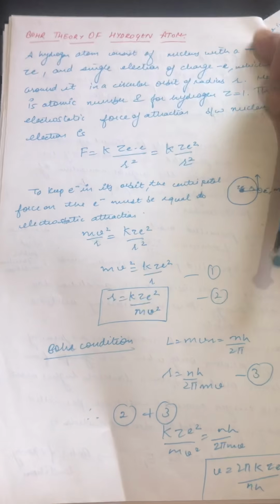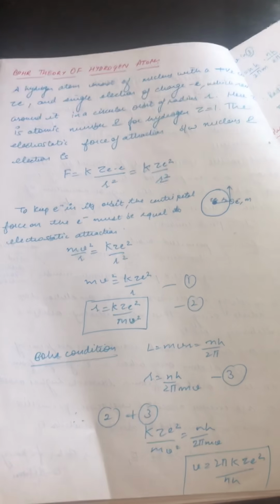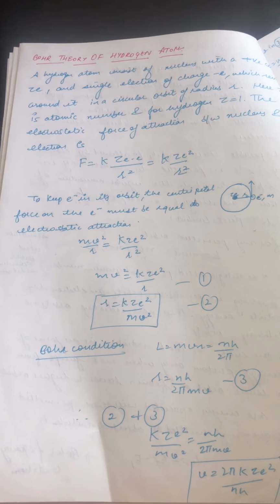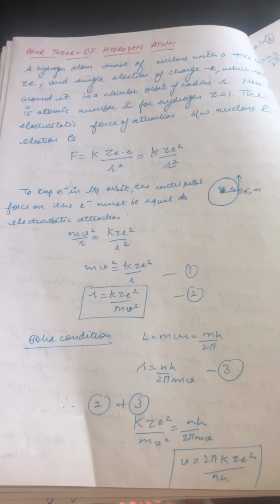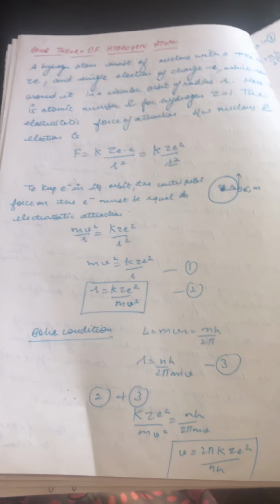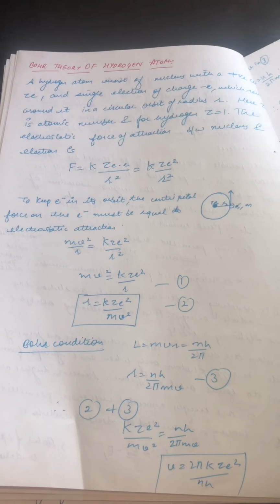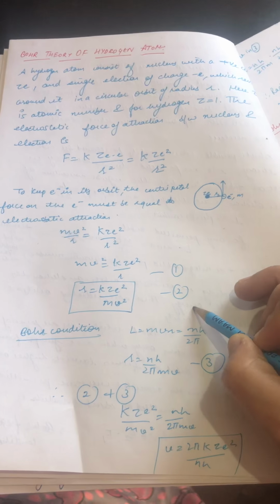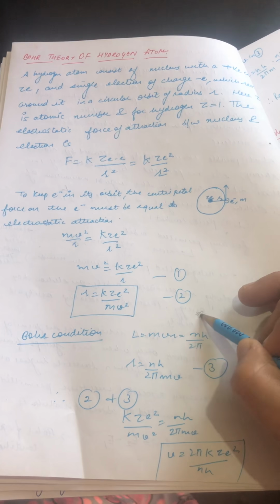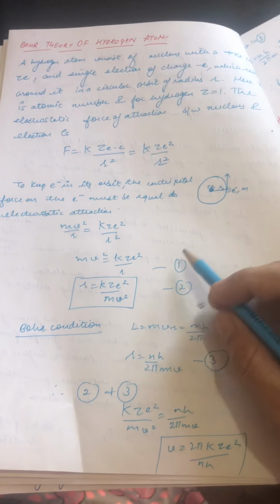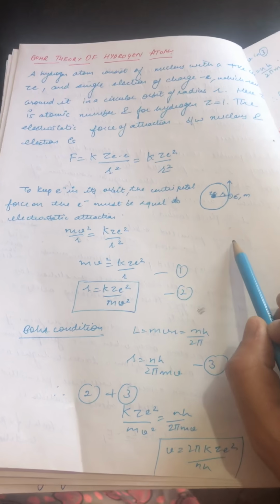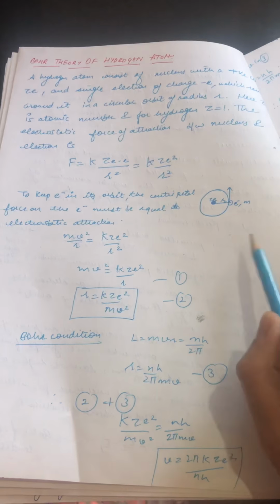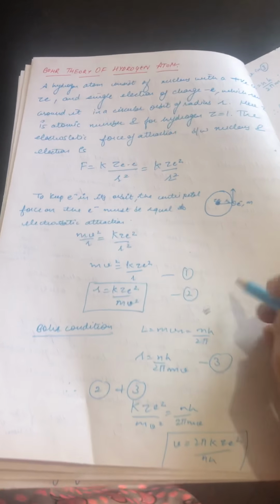Next is the derivation of the formula, or the explanation of the line spectra of the hydrogen atom. And this is again very important from the board point of view. This year's question paper also contains a question about the derivation of this. I'll share that question from the board question paper with you later, after the explanation of this topic, this derivation. So this derivation is very important.